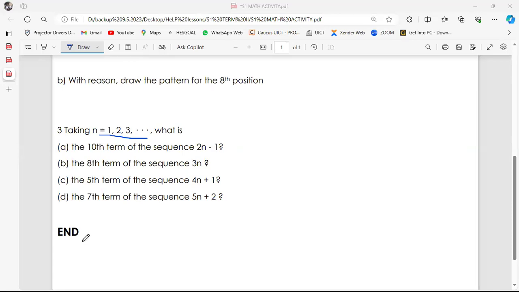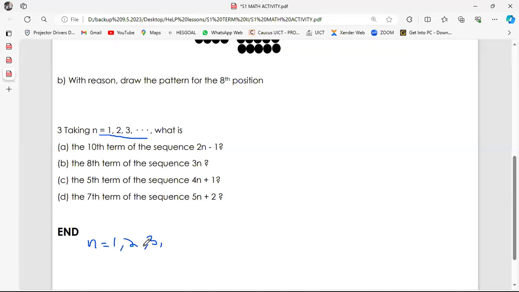Okay, so when you're given n as 1, 2, 3, and so on, if they want the 10th term, they want you to, where there is, so here,